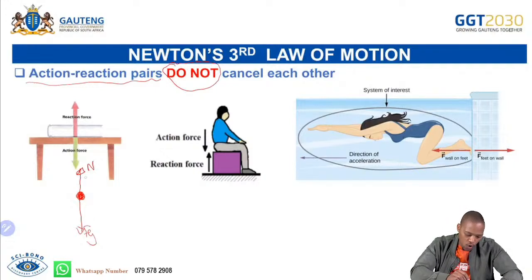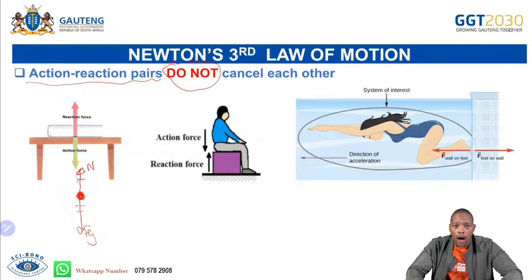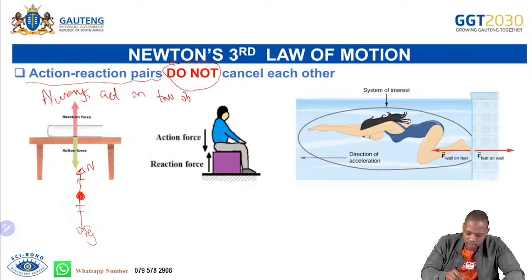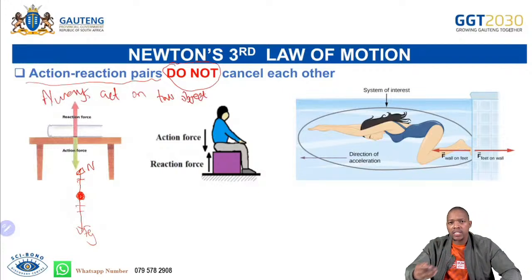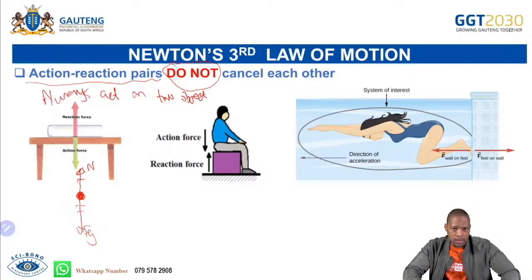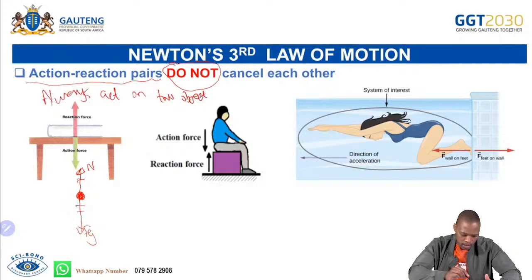These two forces are not action-reaction pairs because these two forces can cancel each other. These two forces are acting on one object. When we talk action-reaction pairs, they always act on two objects. So they always act on two objects. It's object A exerting a force on object B. Then object B also exerts a force on object A. Those two forces cannot cancel. Forces that can cancel or balance each other are forces on one object, like these ones, the normal force and